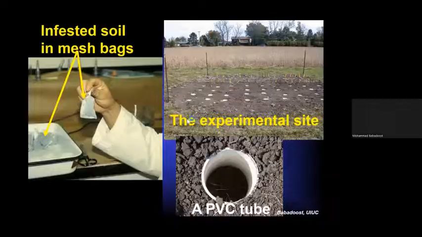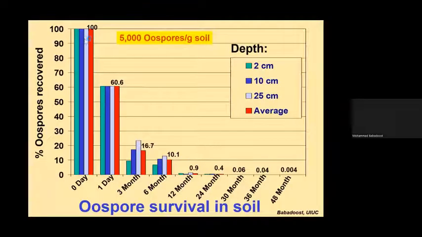What we found is that when we put the oospores in the soil, they go down quickly, but are not eradicated. Even after 48 months, we were able to separate some oospores from the infested soil,